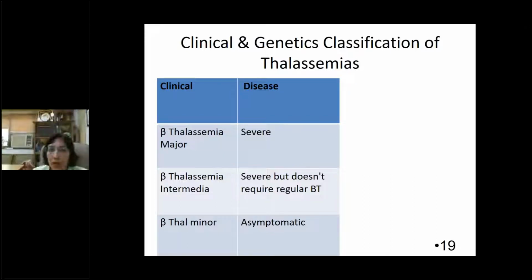It means the patient is always transfusion dependent, and usually it is not compatible with life after the second decade, unless it is repeatedly managed by multiple blood transfusions and iron chelation. Still they are facing a lot of difficulties. Beta thalassemia minor patients are usually asymptomatic.